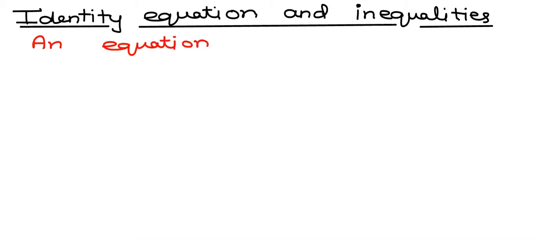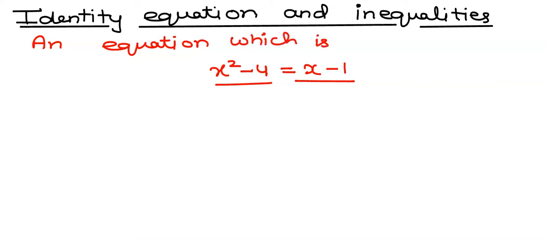ठीक है, देखिए पहली बात तो इक्वेशन क्या होती है, जब दो अलजेब्रिक एक्सप्रेशन को इक्वल कर देते हैं वो इक्वेशन बन जाती है। जैसे x स्क्वायर माइनस 4 एक अलजेब्रिक एक्सप्रेशन है, इसको x प्लस 2 के इक्वल कर दिया या x माइनस 1 के इक्वल कर दिया, तो ये दोनों ही अलजेब्रिक एक्सप्रेशन हैं। एक क्वाड्रेटिक एक्सप्रेशन है और एक लीनियर है, दोनों को इक्वेट किया तो एक इक्वेशन बन गई।